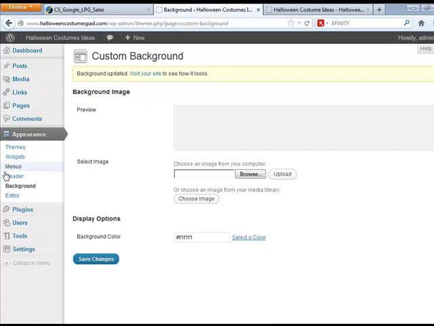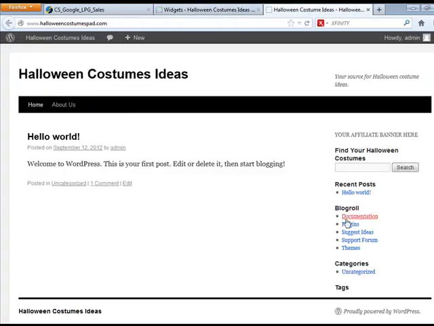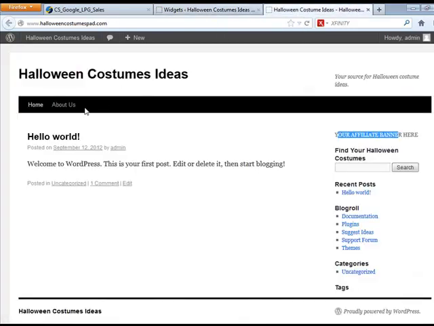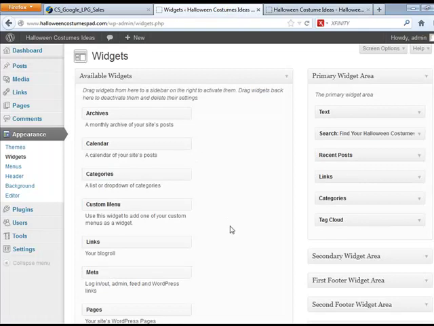So the next thing here, under widgets, give yourself some color. Put in some widgets and information there. Your pages, you could actually categorize different pages so they show up on your navigation there. Costumes for men, women, children, teenagers, all those kinds of ideas. And then the final thing that we want to do here is go ahead and add in